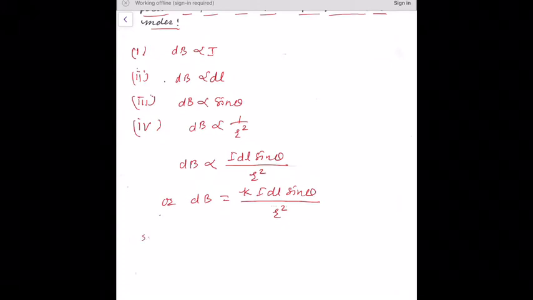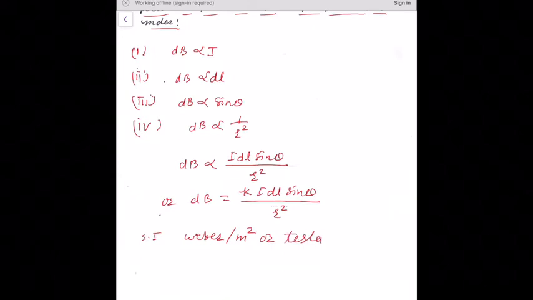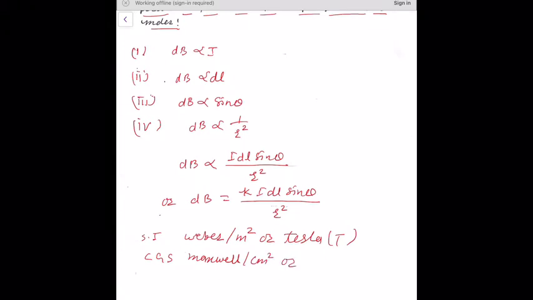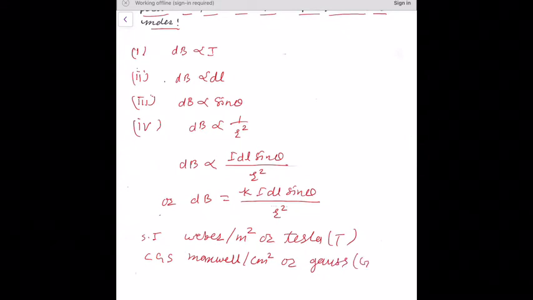The SI unit of B is Weber per meter square or Tesla, represented with capital T. In CGS, the unit of B is Maxwell per centimeter square or Gauss, capital G. 1 Tesla is equal to 10 to the power 4 Gauss. Clear? Here K is